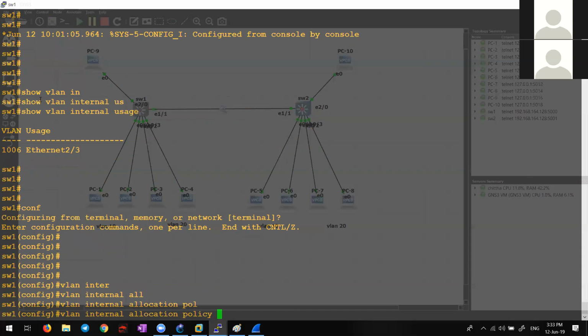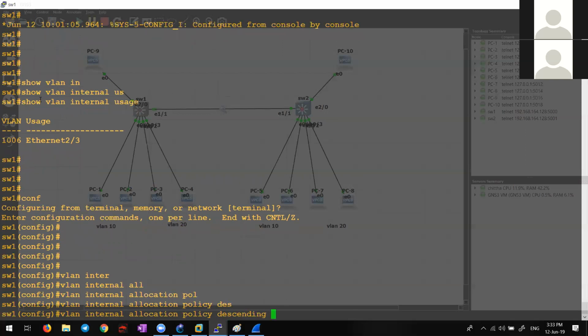If I create one more routed port, 1007 will be given, then 1008. Instead of that, they tell you to configure descending, meaning the next interface I make will get 4094, 4093. It's human mentality: if somebody is creating extended VLANs, they'll start from 1006, 1007. Nobody will go directly to the back and start downwards, right? So that is why it's recommended.